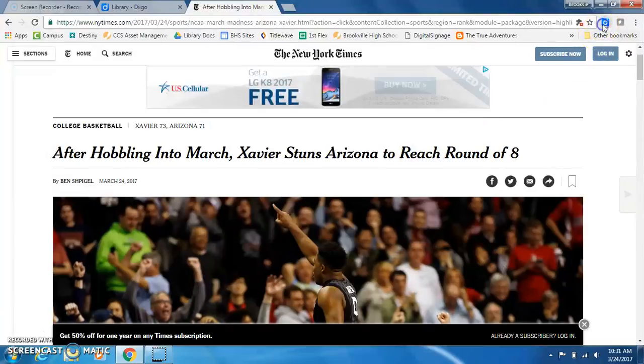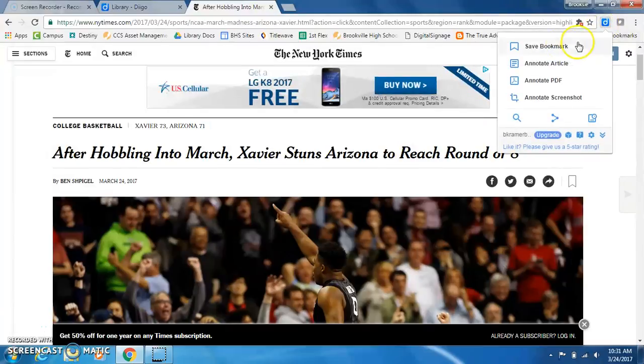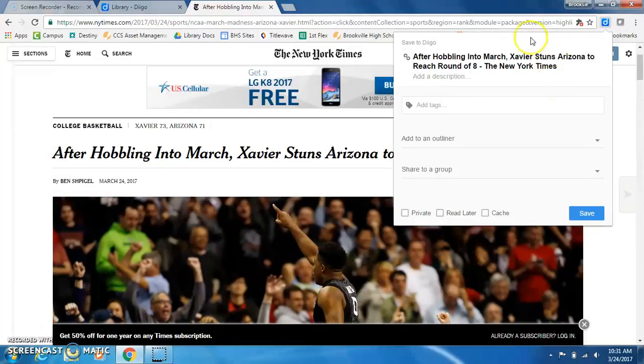You're going to click the button again, and you're going to click the first thing that says Save Bookmark. Now when you're in this screen right here, you have a few options. The first thing you can do is add tags, kind of like hashtags on Twitter or Instagram. So maybe I want to tag this as AOW, so I remember. You can separate your tags with commas, so maybe I want to make my next tag Sweet 16,